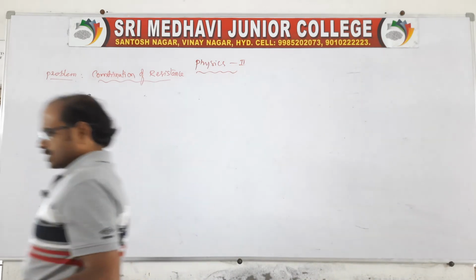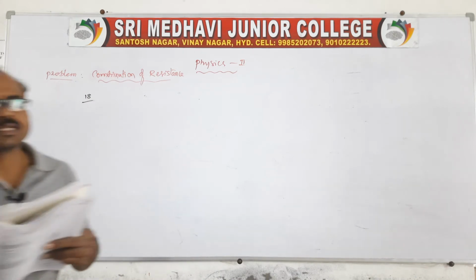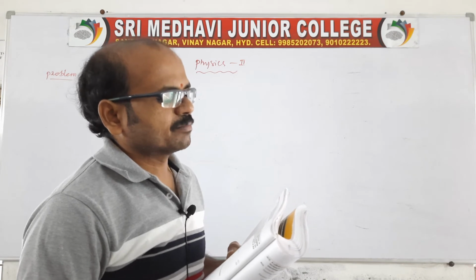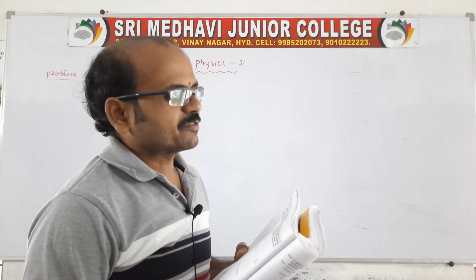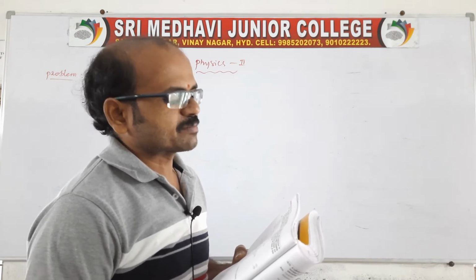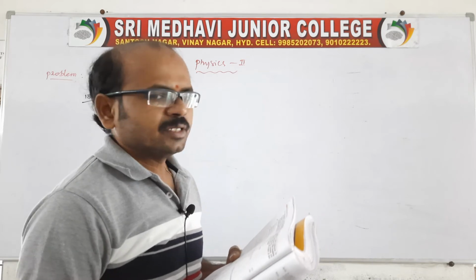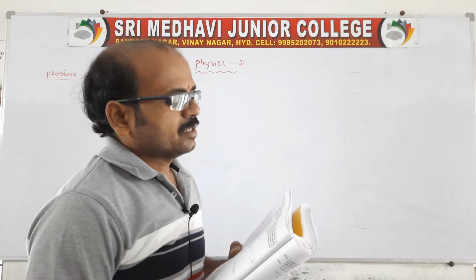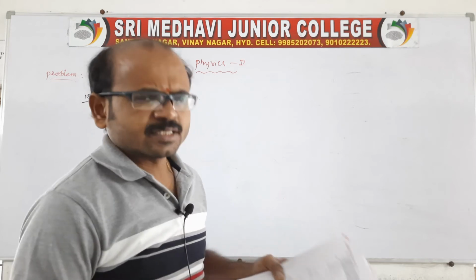The given question, once you see: 3 resistors 6 ohm, 3 ohm, 6 ohm and 9 ohm are connected to a battery. In which of them will the power dissipated be maximum? Of course, it is power related, but the power topic is not finished. If all are connected in parallel and they are connected in series. Let us see parallel and series only.